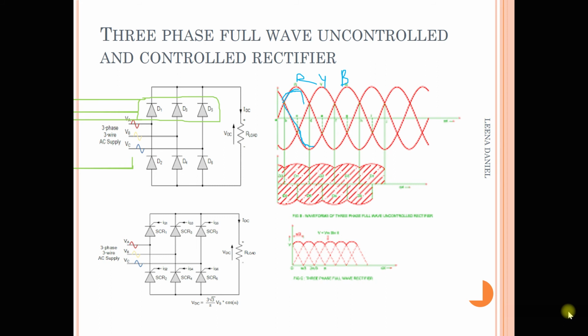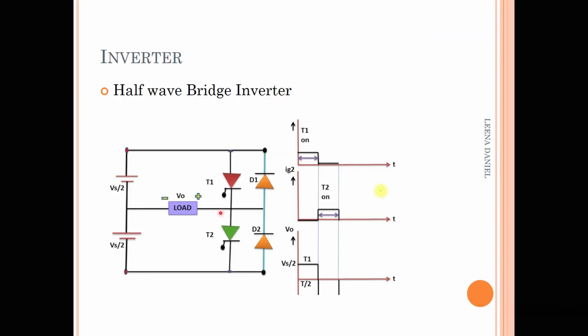Now we will discuss the inverter circuit. So what is an inverter circuit? We know the inverter is a device that converts DC power into AC power at desired output voltage and frequency. Inverters are used in many industrial applications, mainly for adjustable speed AC drives, induction heating, aircraft power supplies, in UPS, in computers, in HVDC transmission lines. There are many applications of the inverter.